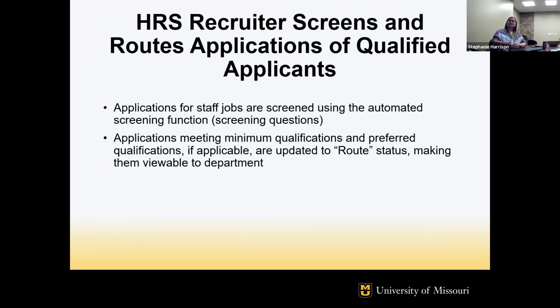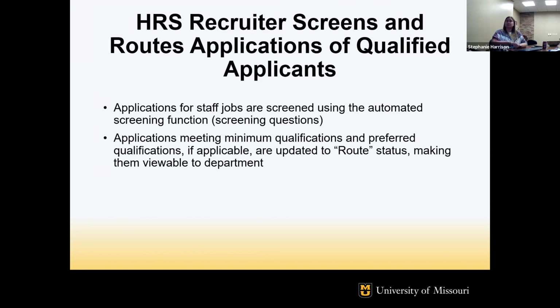Okay. So once we've added in the screening and everything and we get it all posted, then our office will go through every morning to review the applications that have come in. And we will go through and screen all of the applicants prior to them being routed over to the hiring manager. So when people first apply, then they are in an applied status.